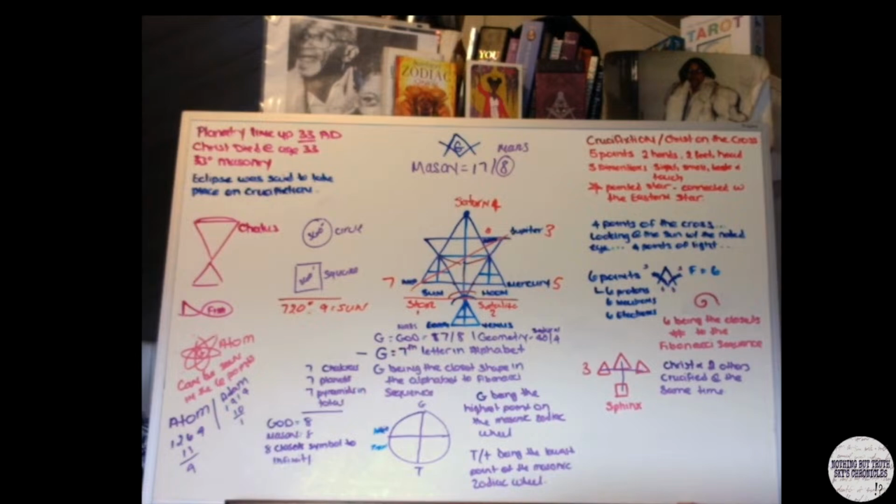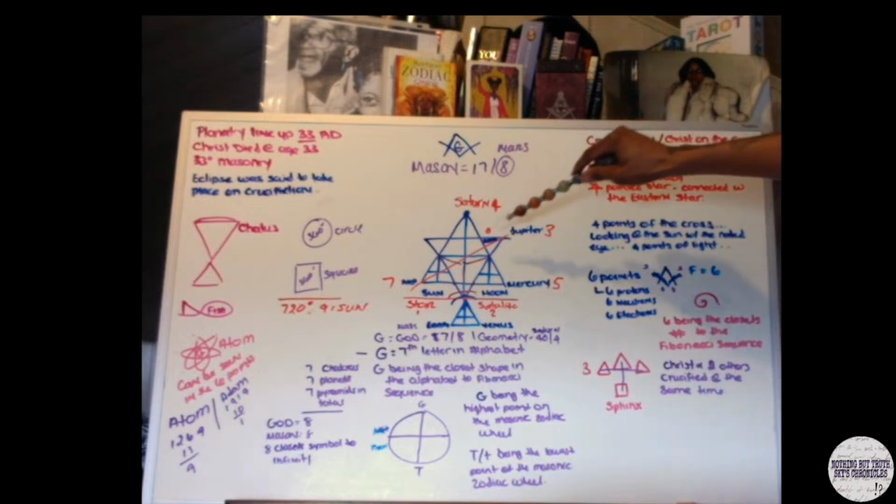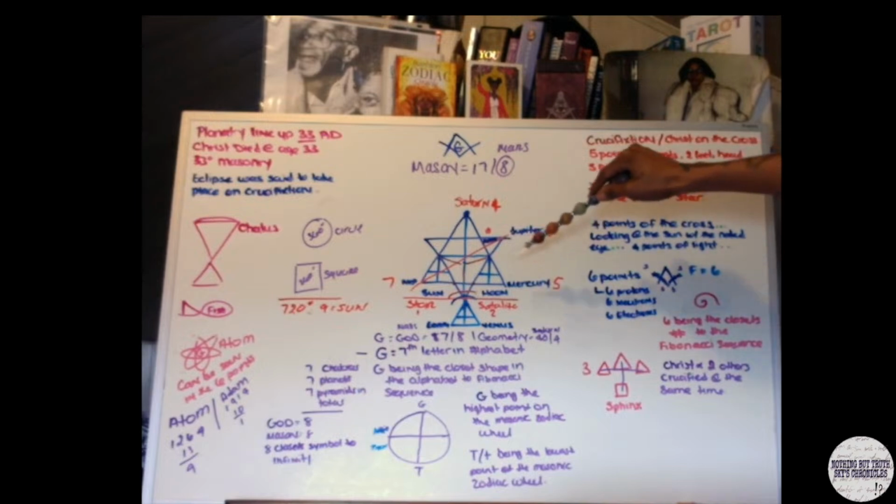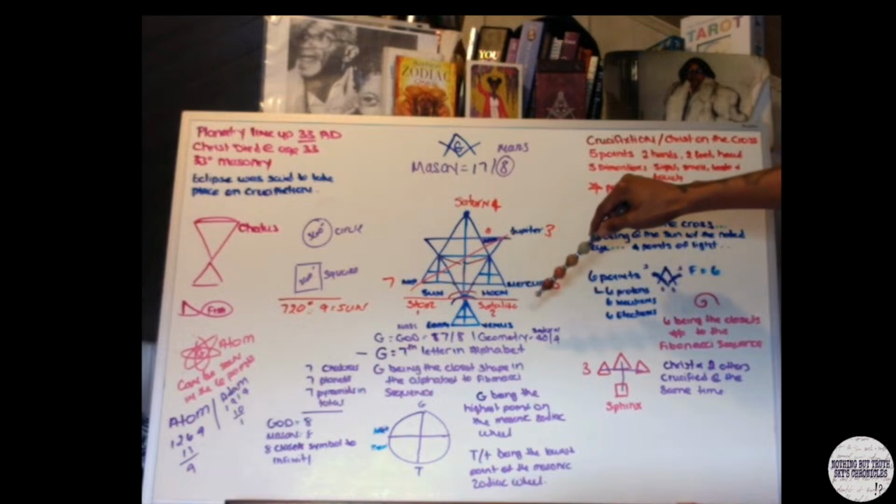So we got 7, G being the 7th letter. We have G being the closest shape in the alphabet to the Fibonacci sequence, and you got the 7 chakras, and you have the 7 actual planets on the day of Christ's crucifixion, right? So you got 7: Saturn, Mars, Jupiter, Mercury, Venus,